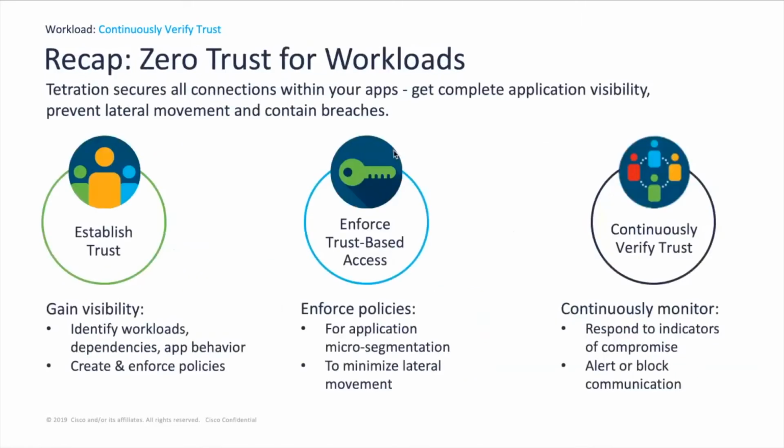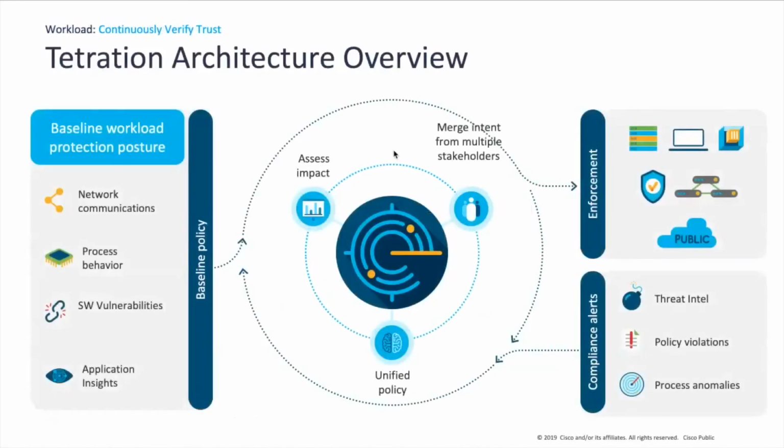So with that being said, let's look at the whole overview of how that looks and how baselines work. Baselines look at network communications, being either from NetFlow or how data is being collected from the environment, your current infrastructure, current investment. Down from a device perspective, we're looking at process behavior, registry changes. We're looking at software vulnerabilities, and we're also looking at how applications are communicating. Then we're going to assess the impact if something goes wrong within these environments.